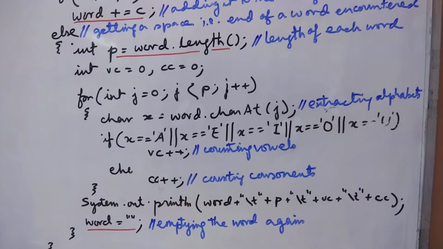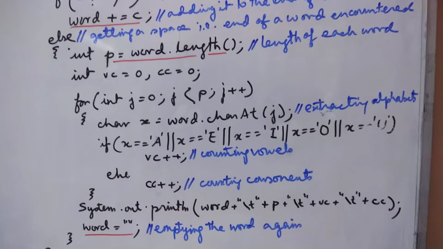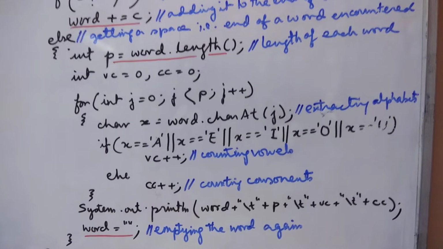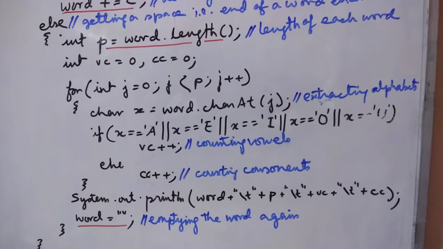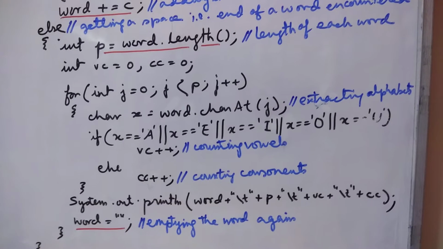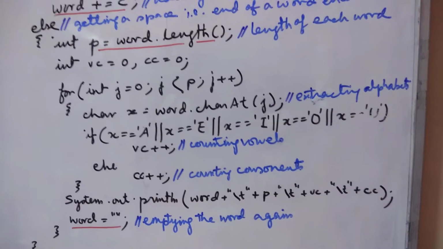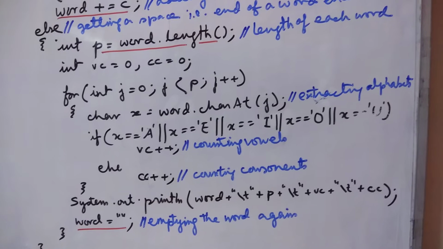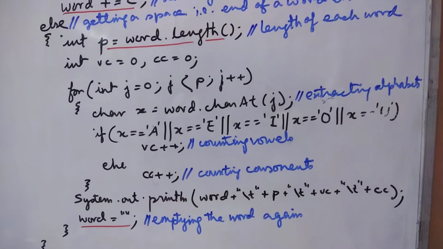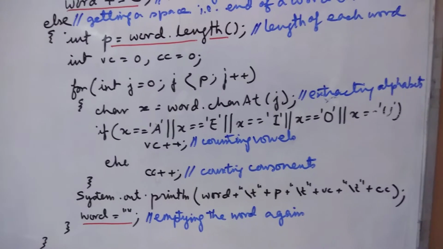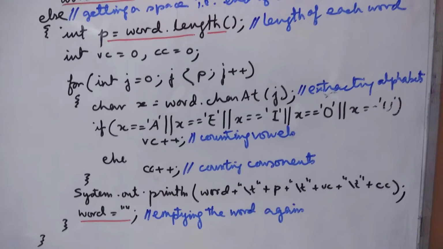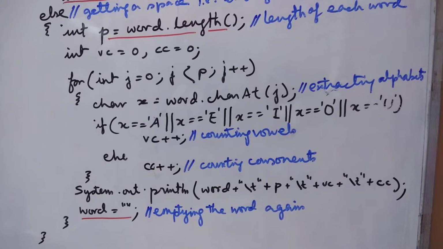Here I'm again running another loop. This loop will run till the length of the extracted word. Now I'm extracting each letter again and checking the letter for vowel or consonant. As I've taken a fixed input and converted it to uppercase, I don't need to check for lowercase and I don't need to check for non-alphabet cases either. If we take the input from the user, then those things need to be taken into account. So if I get A, E, I, O, U, the vowel count is incremented. Otherwise, the consonant count is incremented.